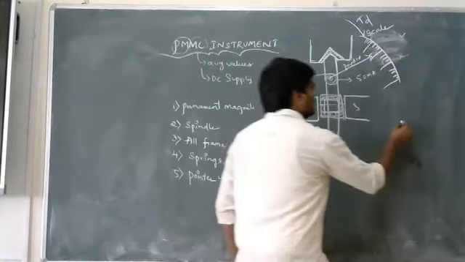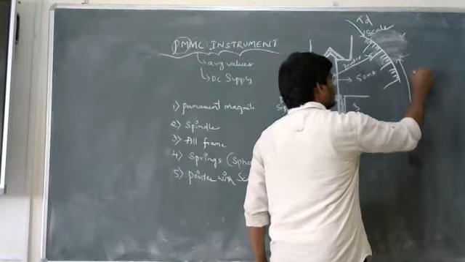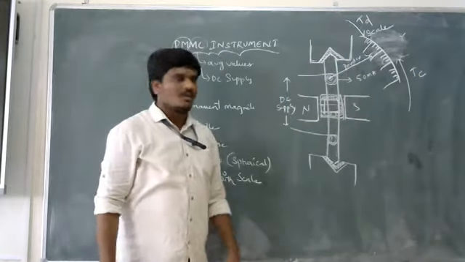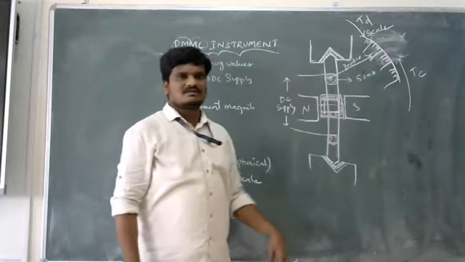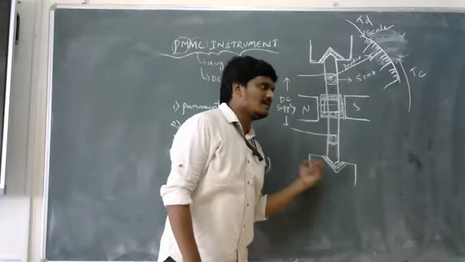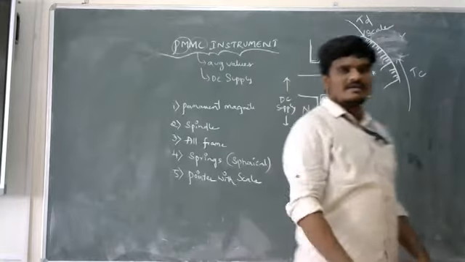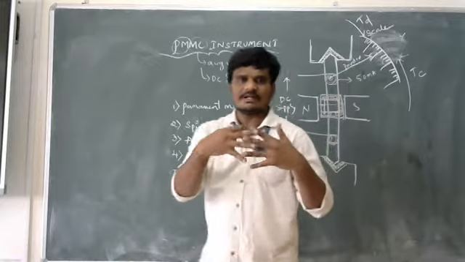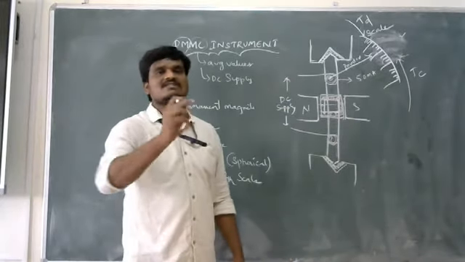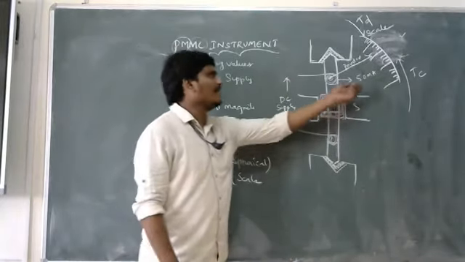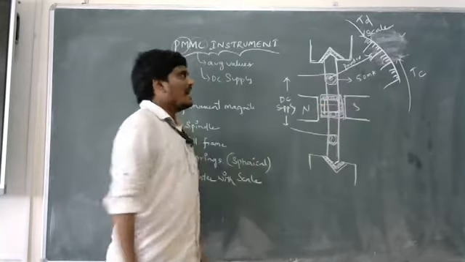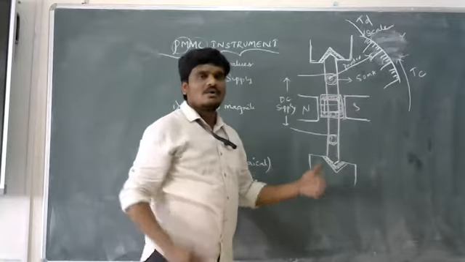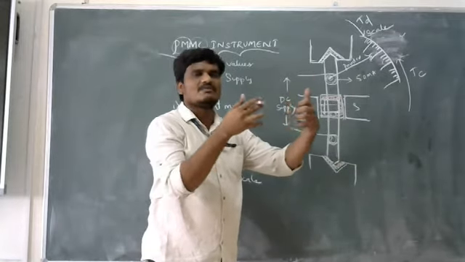Due to that, the controlling force in a PMMC instrument will be opposite to the direction of the deflection force. Now, the two forces, one developed by the Lorentz force law and the other developed by the springs, will collide at a particular point. When two forces collide at a particular point, some oscillations will take place. The same thing will happen in the case of the pointer. As one force is moving in one direction and another force is moving opposite to it, the pointer will have some oscillations.